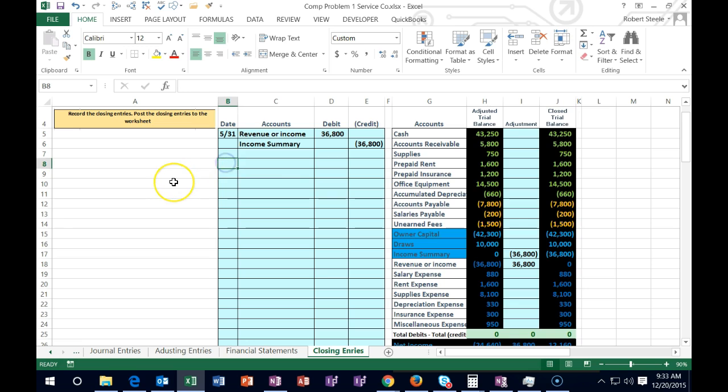So next transaction will be as of 5/31 as well, of course. And now we need to close out the expense accounts. Note that all the other accounts are expense accounts. So expense accounts, there's usually a lot of them, but they